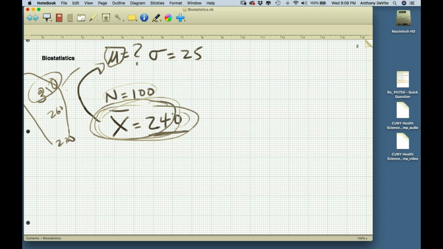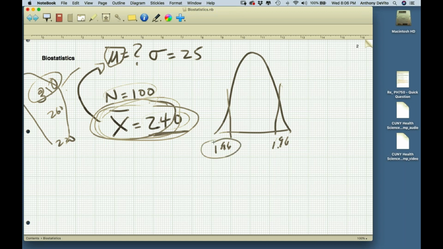So if I'm going to start with that number, I said to myself before that I would expect 95% of the repeated samples to be between 1.96 standard deviations below the mean and 1.96 standard deviations above the mean. So instead of worrying about how close this is to the mean, I'm going to set up a range that's 1.96 sample standard deviations below the mean and 1.96 sample standard deviations above the mean away from the value that I found for X bar. Except we don't call them standard deviations when we're talking about the sample means, we call them standard errors.